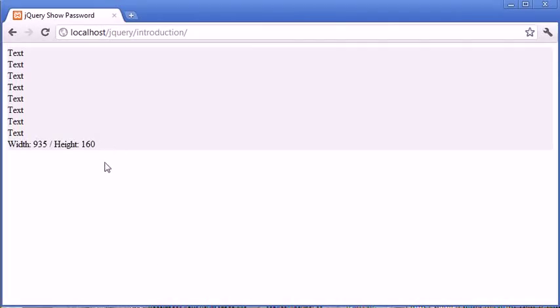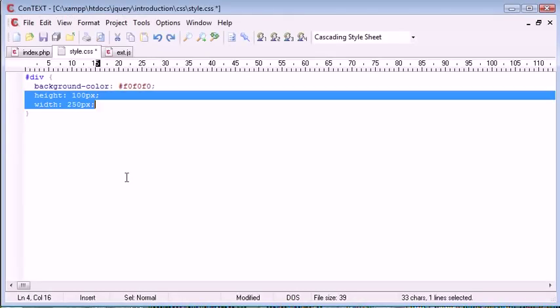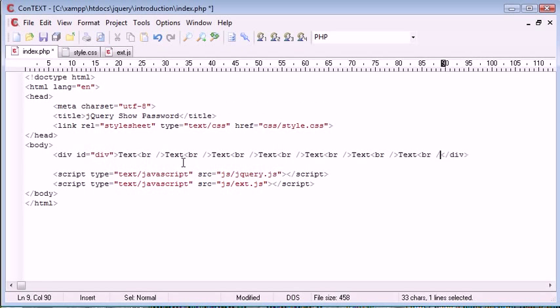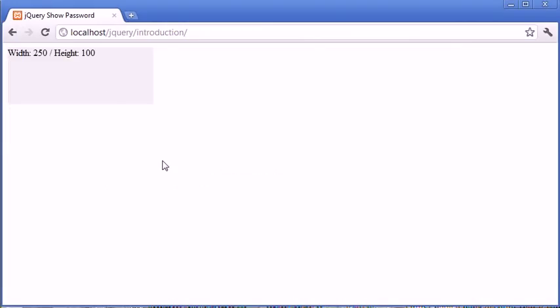Because we didn't define it, but the height has now changed as well because we've pulled it down with all this content. So these are absolute values that we actually take in, rather than what we've defined in style.css ourselves, because we know that the content could overflow and increase the height or the width of the div. So this is all well and good, but now let's look at a